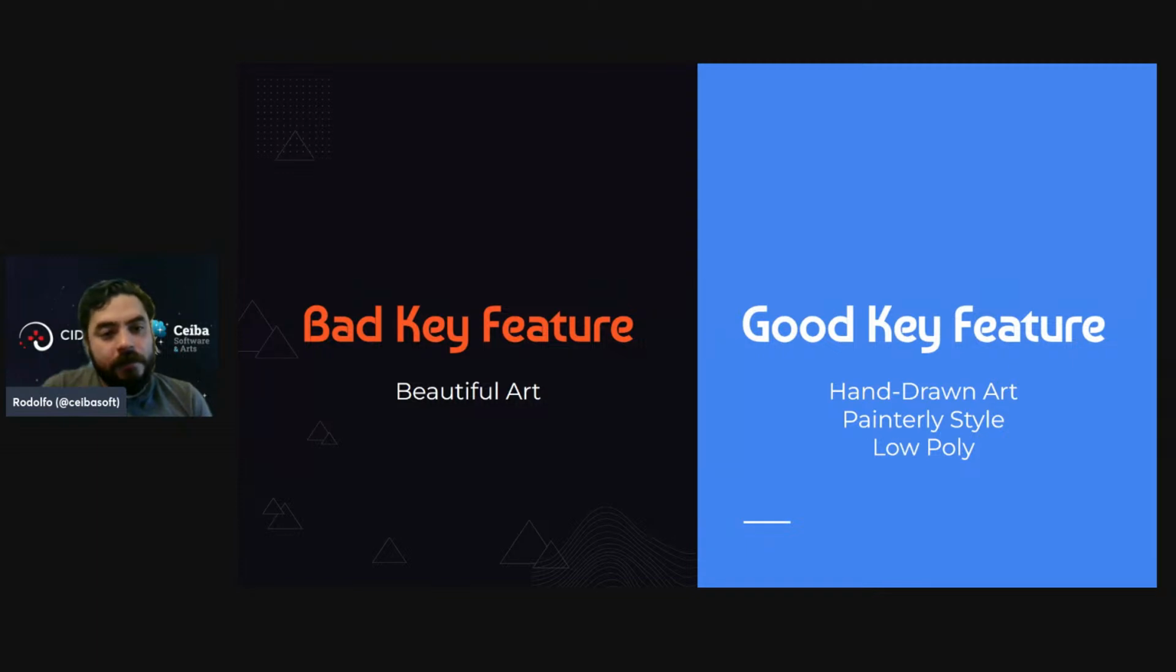You have to be as specific as possible. On the right, you have a couple of examples. It's different to say my game has hand-drawn art, or a painterly style, or a low poly aesthetic, or high definition, hyper realistic graphics. When you are describing the art of your game, try to make it in a way that people can